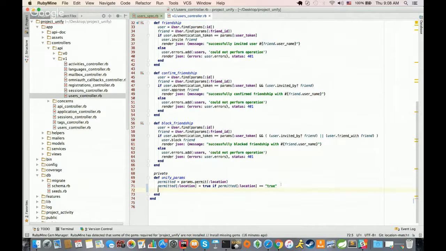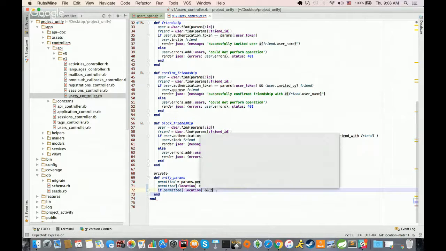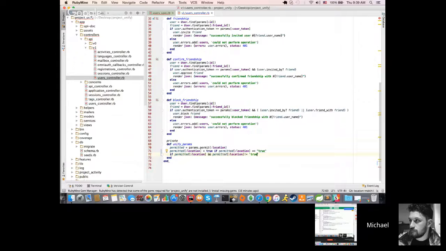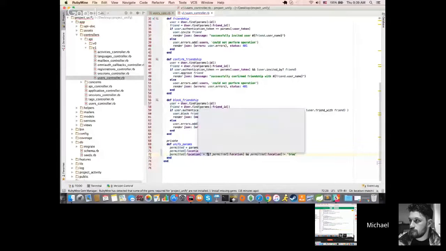Okay, so we just want to. If permitted location. Kind of messy. I'm just wondering what's the